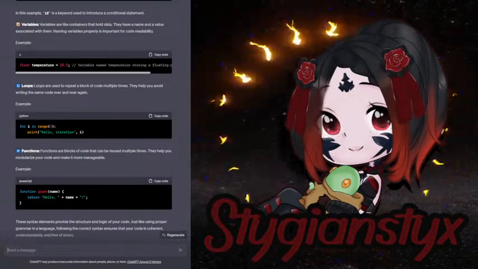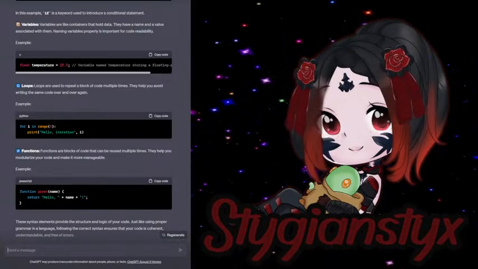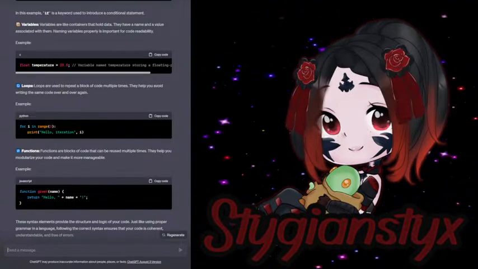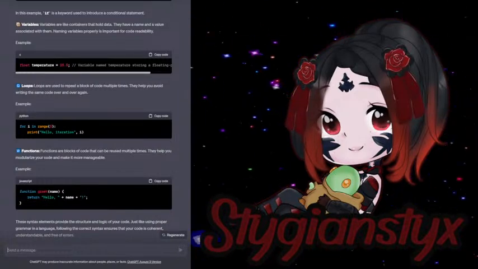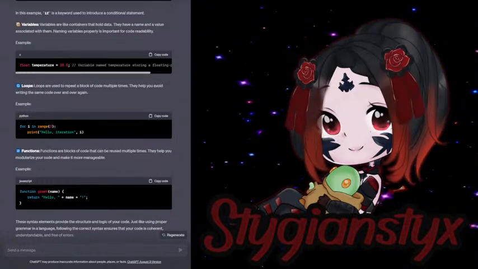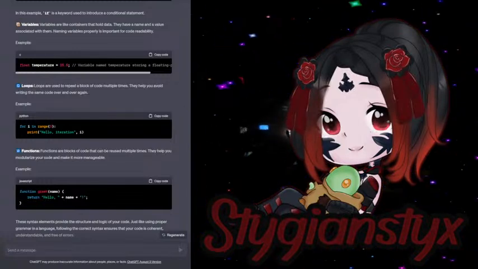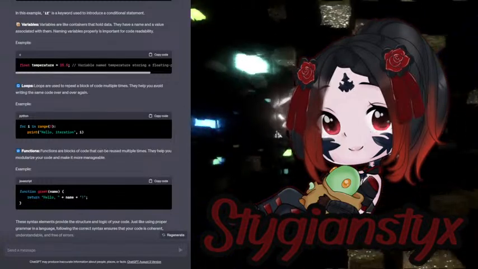Functions. Functions are blocks of code that can be reused multiple times. They help you modularize your code and make it more manageable. Example, JavaScript: function greet(name) { return "Hello, " + name + "!"; }